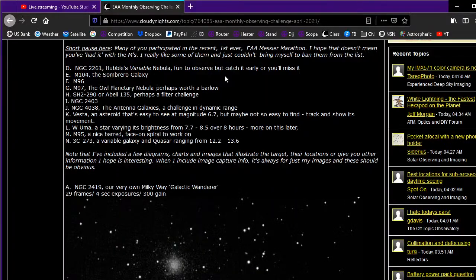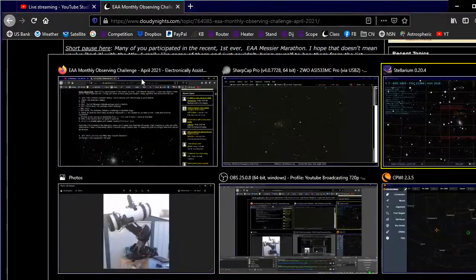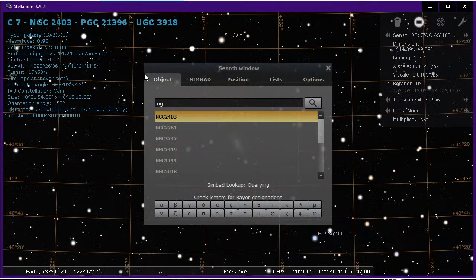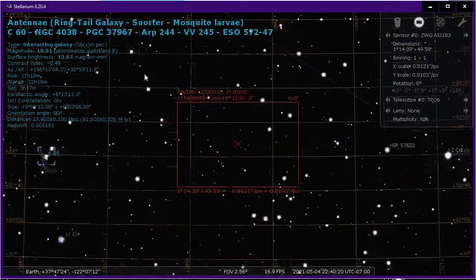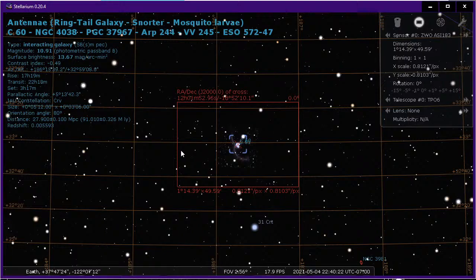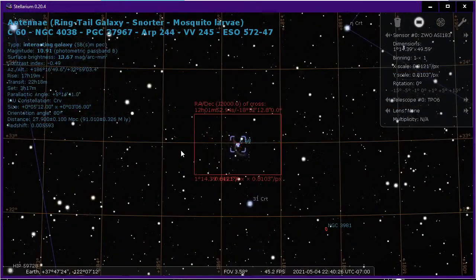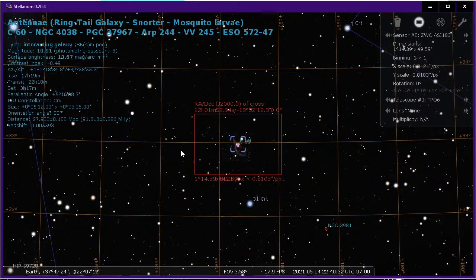Alright, and next it's going to be NGC 4038, the Antenna Galaxies. 4038. Yeah, okay. Southern sky again. So, back around. Didn't really plan these out geographically, but